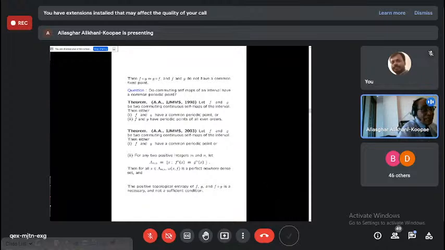And also in 2003, among other things, I showed that if f and g have no common periodic point, for two continuous self-maps of the interval and for any two positive integers m and n, and we look at the level set A_{m,n} as all those x such that f^n(x) is equal to g^m(x), then for any x in here, the omega limit set of x under f is a perfect nowhere dense set. And if we look at the Bruckner and Smítal definition of chaos for functions on the interval, this shows that it has that sort of essence. Of course, it has it on a restricted set, which in this case is A_{m,n}, not the entire interval, so it is a little stronger than that. That is another thing that shows finding a counterexample